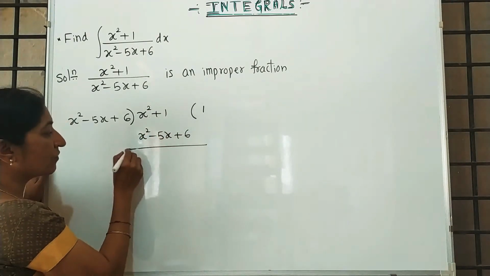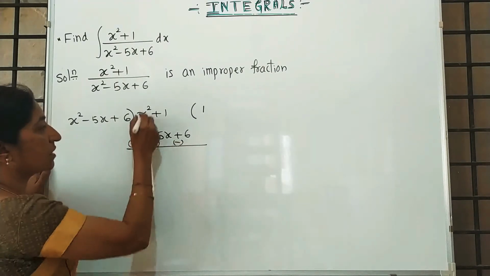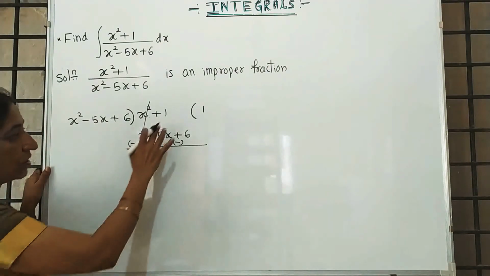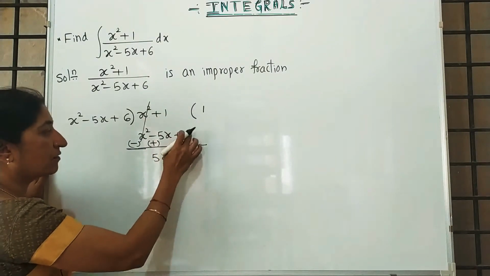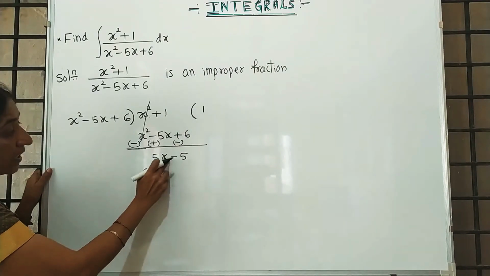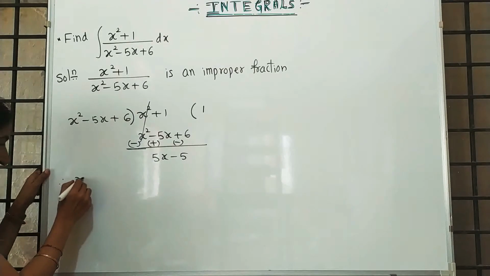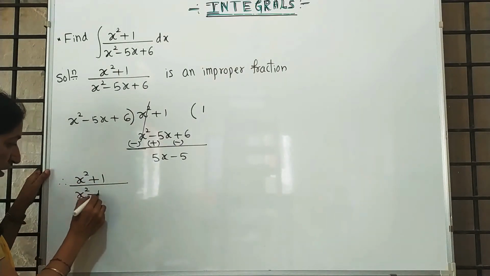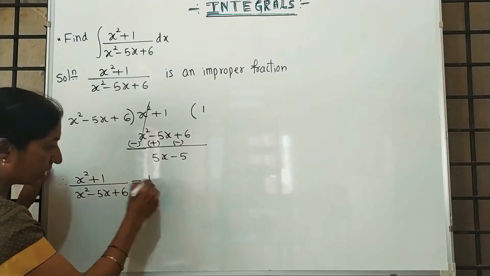In the division we always apply subtraction. This is minus plus, we have to change the sign. In the subtraction we have to change the sign for the algebraic expression. With 5x there is no pair, this is 5x. Minus 6 plus 1 is minus 5. See, in the remainder the highest power of x is 1, it is less than the denominator. Therefore, x square plus 1 upon x square minus 5x plus 6 is equal to the quotient, which is 1,